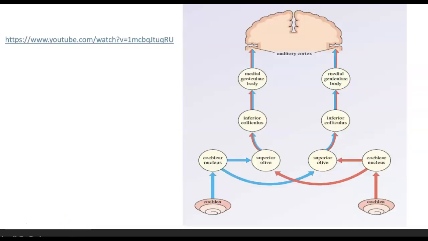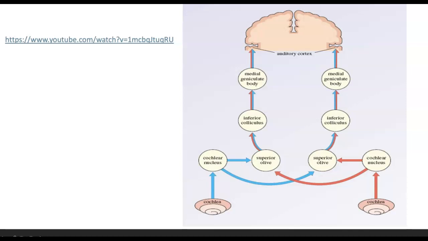I want you to watch this video on transduction, but here's a simple schematic of the central auditory nervous system. You have the cochlea and eighth cranial nerve here. The first central structure is the cochlear nucleus on each side. The first part of the central system that receives input from both ears is the superior olivary complex, which we've talked about. Then the inferior colliculus, the medial geniculate body, which is at the level of the thalamus, and then you get these association areas up here to the auditory cortex, which is the final auditory area prior to language